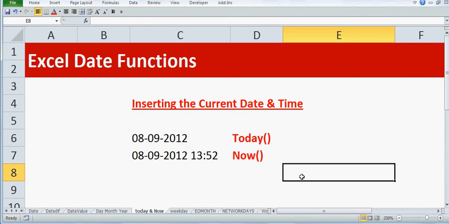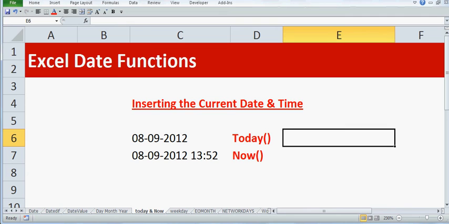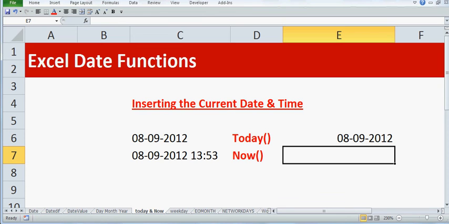There are two important functions, the first one is TODAY and the second is NOW. How to write the TODAY function: equal to TODAY, start the brackets and then close the brackets, enter.